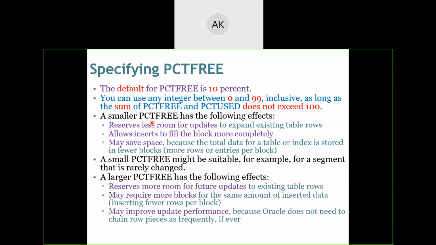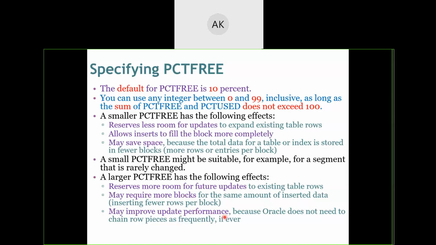So a large PCT free will reserve more room for future updates, but may require more number of blocks for storage of some amount of data, because if percentage free is more, the percentage used will become less. So we require more number of blocks to store the data. It may improve update performance.